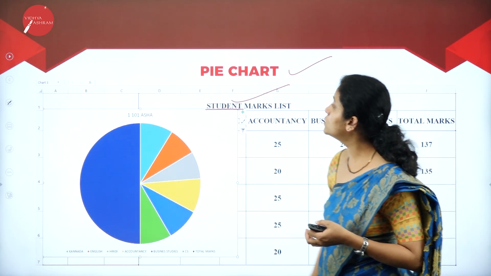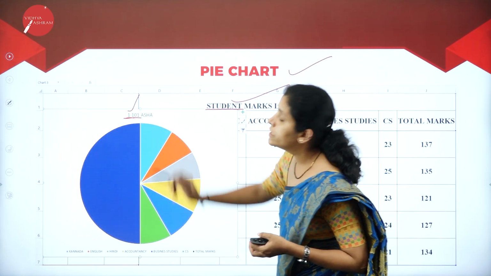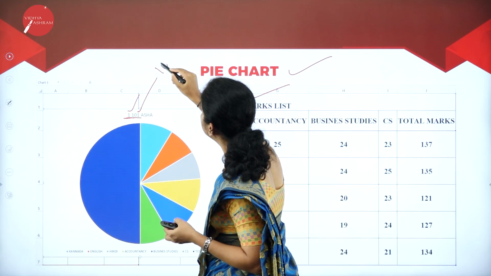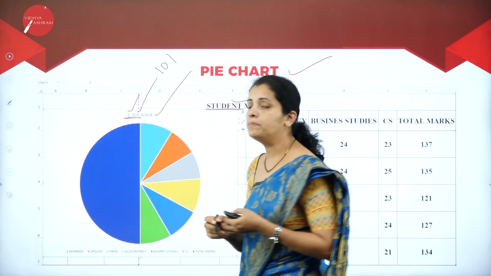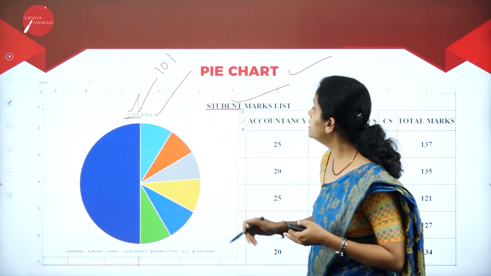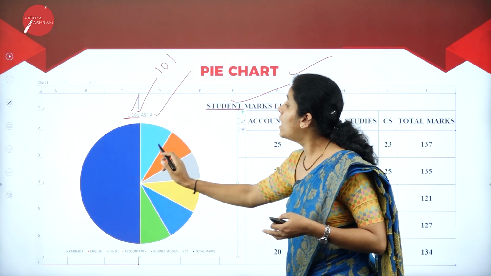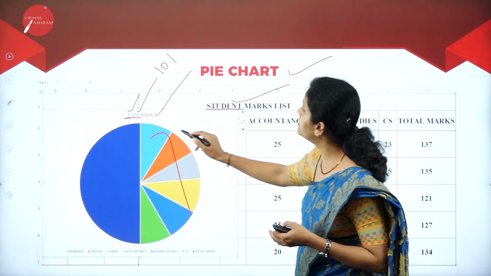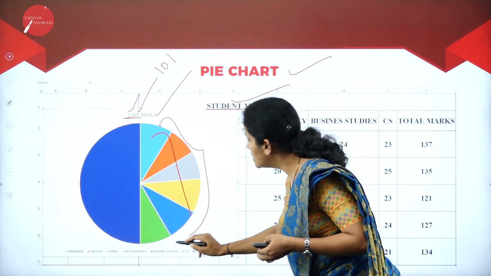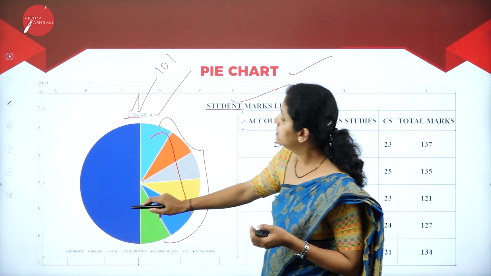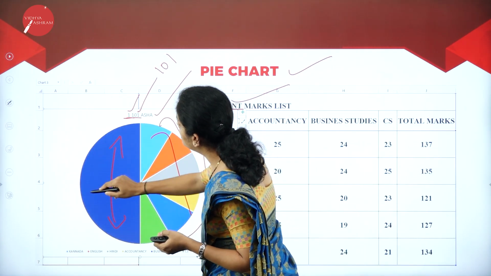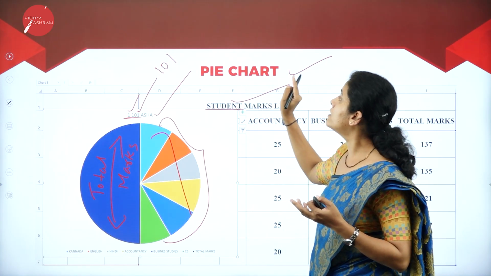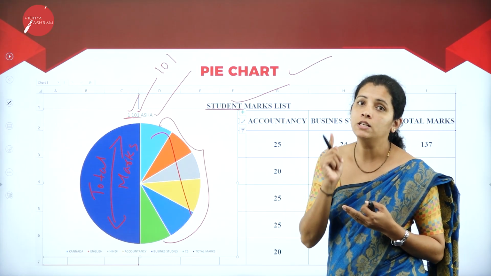So what is the first row? That is serial number 1, and what is her roll number? That is 101, and what is her name? It is Asha. And here how many parts am I going to get? Totally 7 parts. That is, these 6 are my subjects and this is my total mark. So here I am going to draw the pie chart for an individual student.